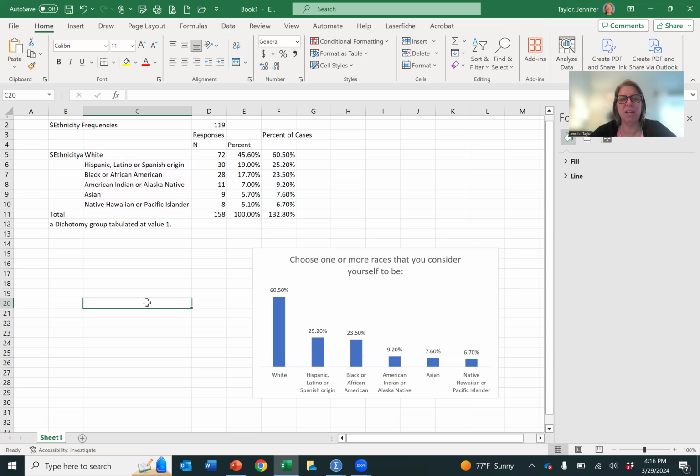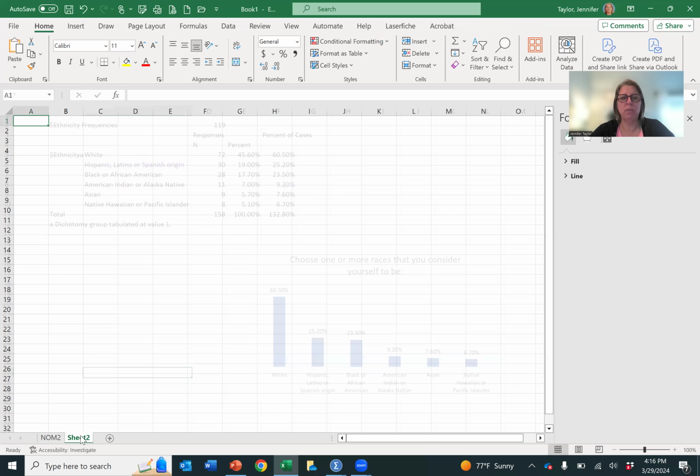chart from SPSS output. The one last thing you do need to do if you're in my class is double click on this sheet 1 and rename it to your variable. And this was nom2. Rename it your variable name. And then click a new sheet, and we'll go on and move on to